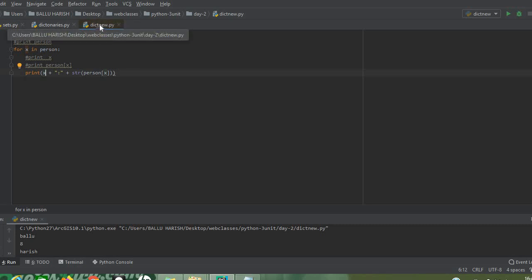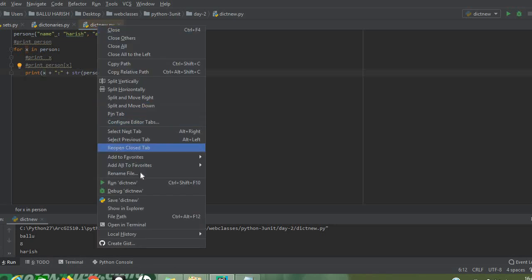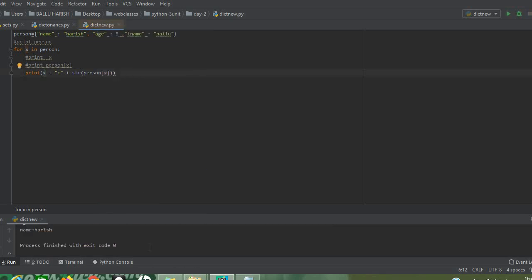Why? Because we are performing typecasting for the values. The value is an integer data type, so we convert it to string, and then concatenate with the keys. If you run the program, this is the combination of key and value. This is how we can use the dictionary concept.